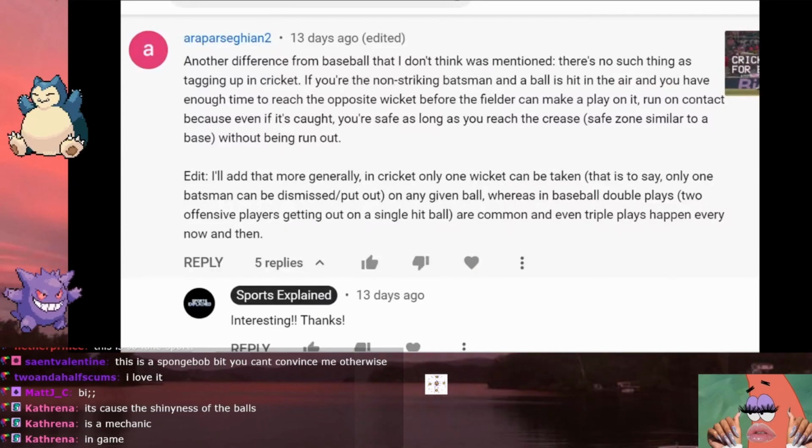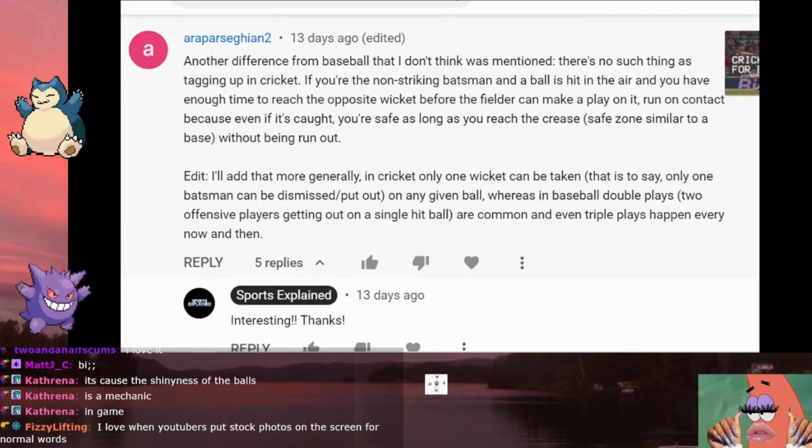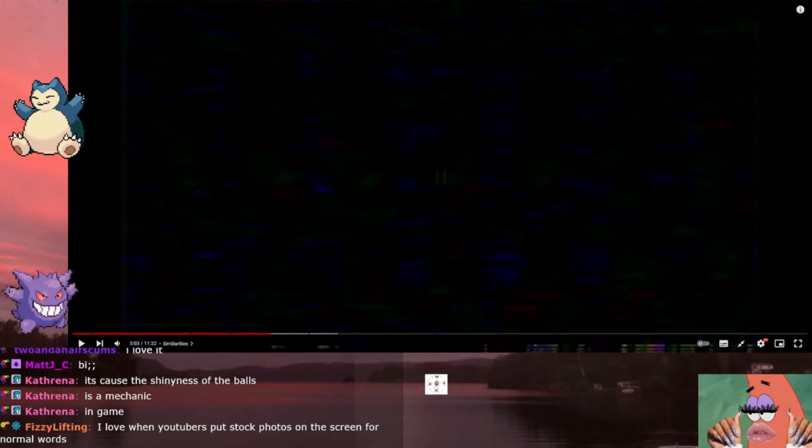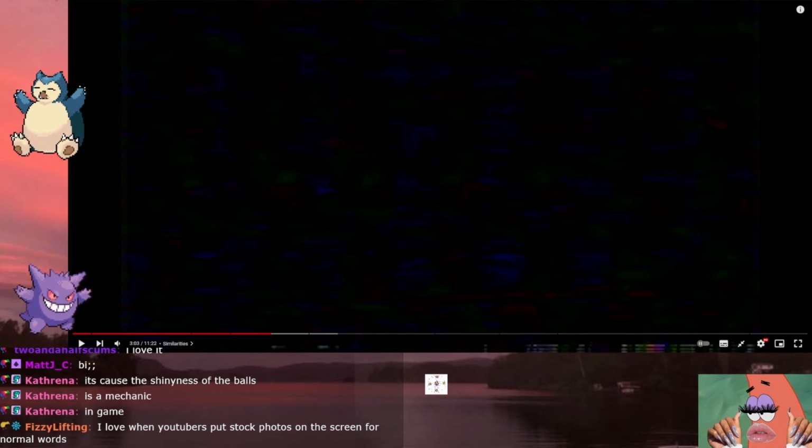YouTube user Era Persigan2 brought up a similar difference, which is in cricket, there's no need to tag up like on a fly ball that might be caught. If the ball is caught, as long as you made it past the other crease, you're safe. The run won't count, but this is something that you might want to do to affect the striking position for the next ball. So that's a small little tactical thing that you can do in cricket, if the ball is hit up in the air,